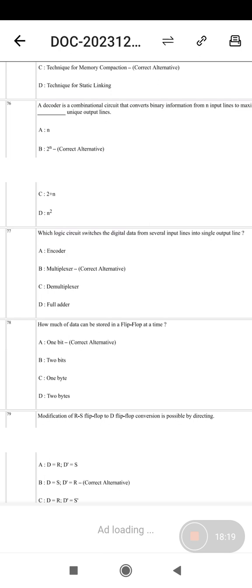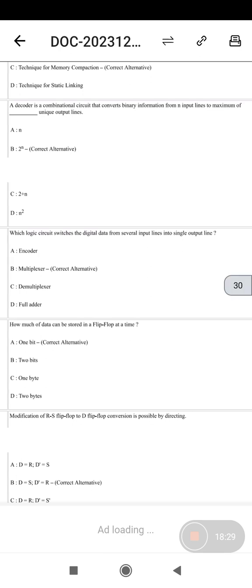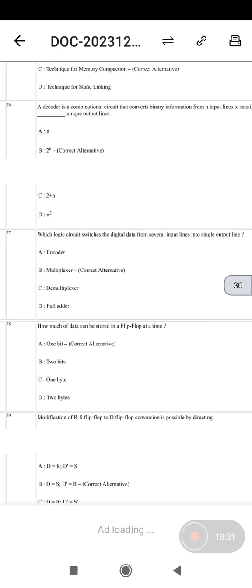76, a decoder is a combinational circuit that converts binary information from n input lines to a maximum of dash unique output lines. Option B, 2 power n. 77, which logic circuit switches the digital data from several input lines into